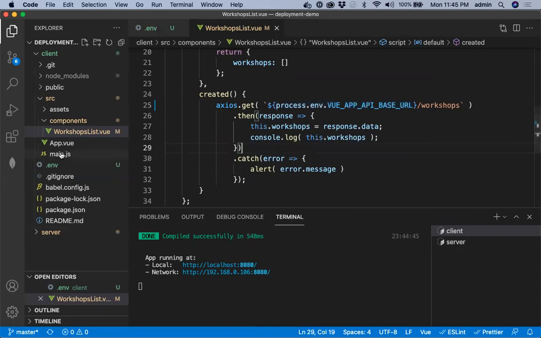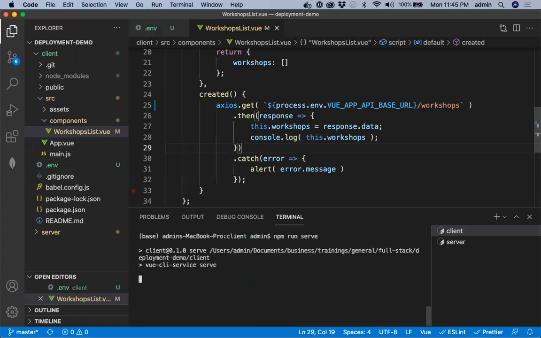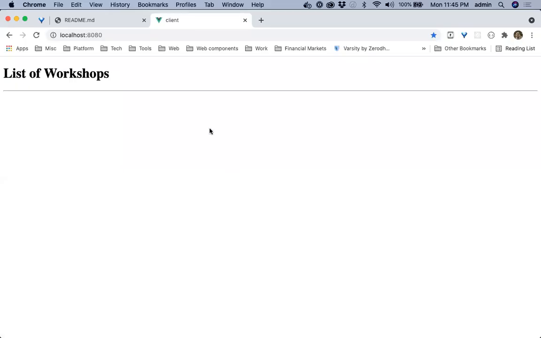Sometimes when you add .env files, you need to stop the build that's going on, or if the npm server is already running, you need to stop it, because it doesn't read the changes in .env automatically till you rerun. So now we will run serve, which should work. So please stop it and run once. Now let me refresh. Yeah, it works.